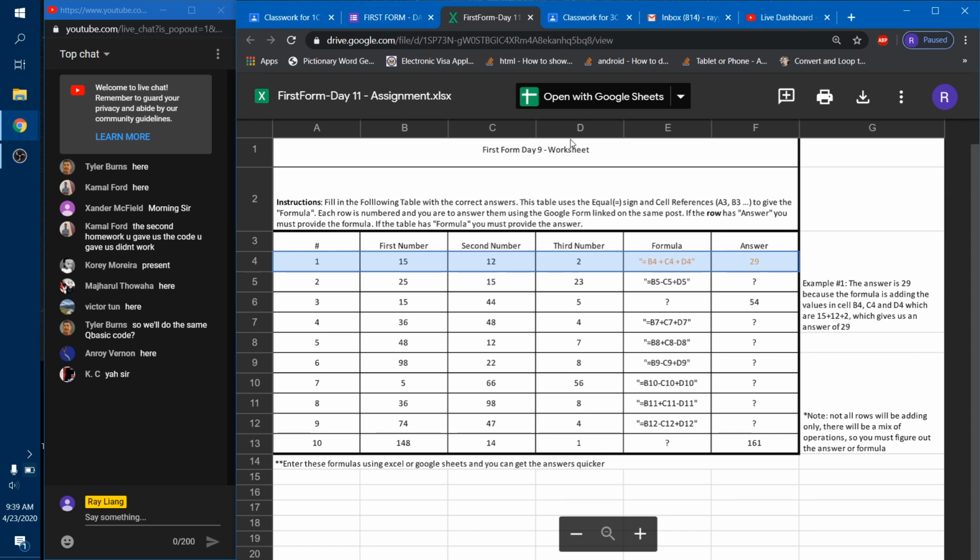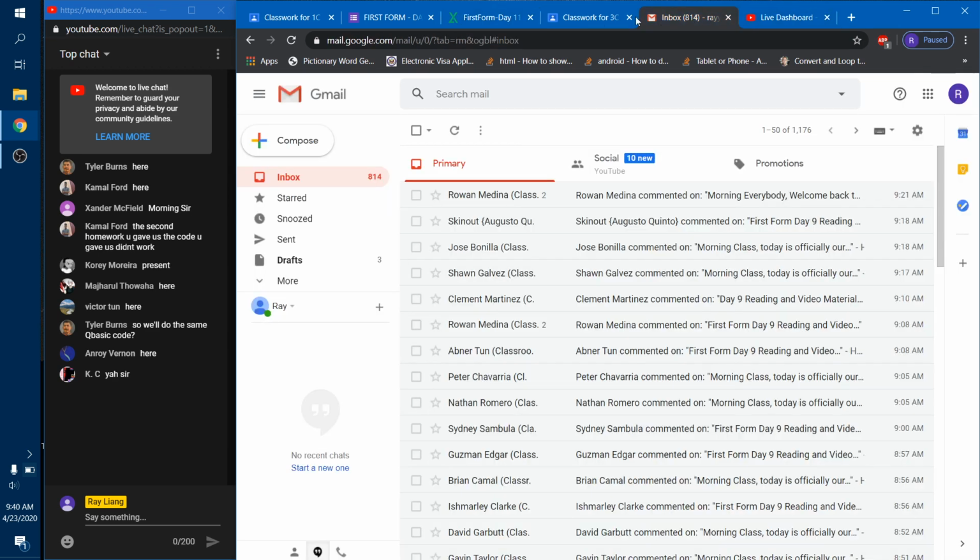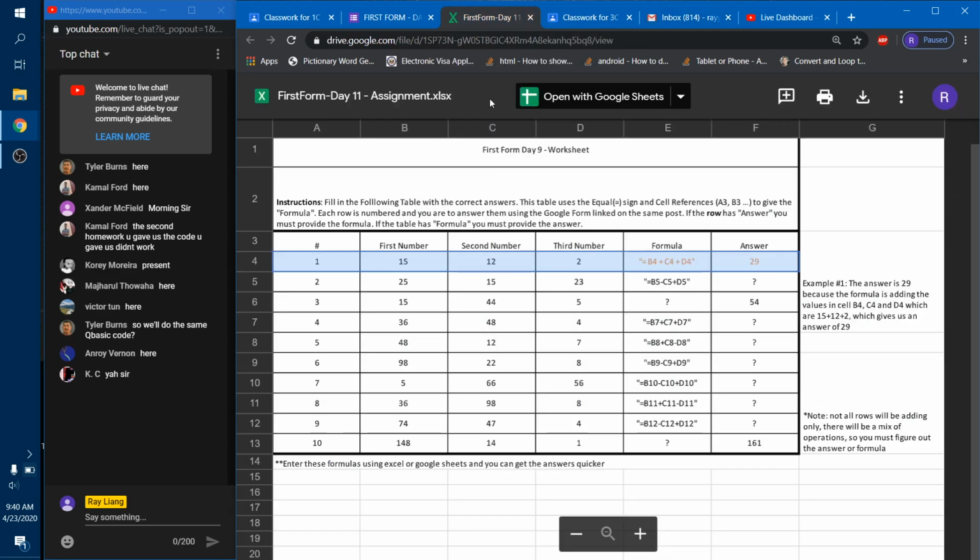Some days it might be compositional type questions, or comprehension type questions, where maybe I'll post a reading material, an article that basically describes a process or a topic, and then my questions will be reading comprehension. Based on the reading material, what would you say in your words is an algorithm?